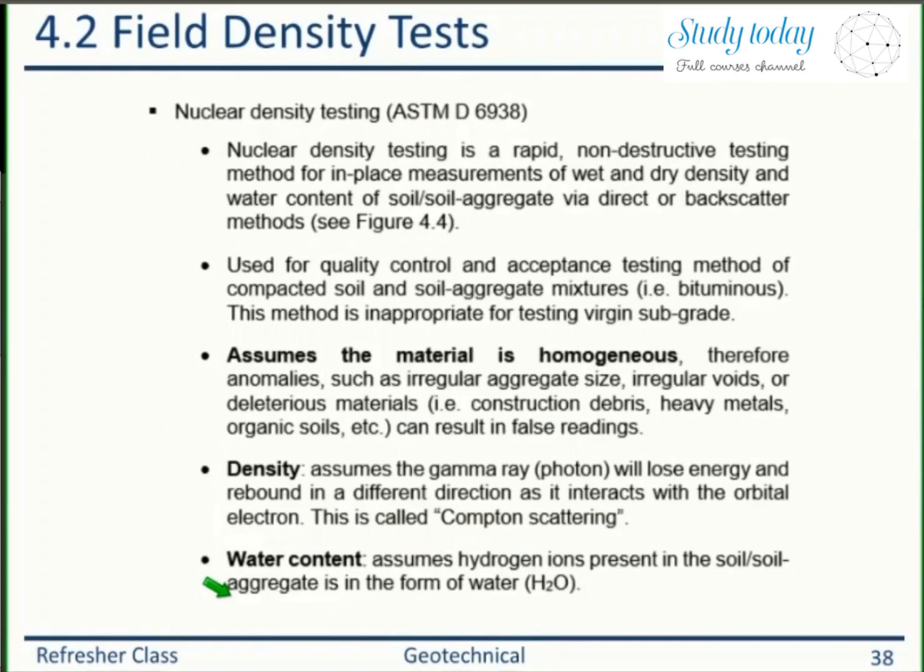Now, in the case of nuclear density, you will put in the laboratory test Proctor value. It could be the standard Proctor value or modified Proctor in the lab. Then you will use the nuclear density gauge to directly get the relative compaction, the level of compaction achieved. This is pretty straightforward and non-destructive, so you don't have to make a hole. However,